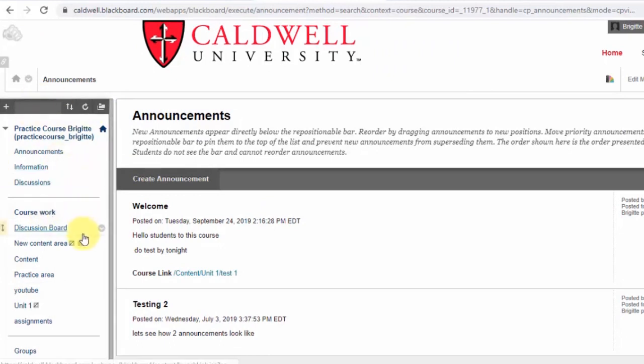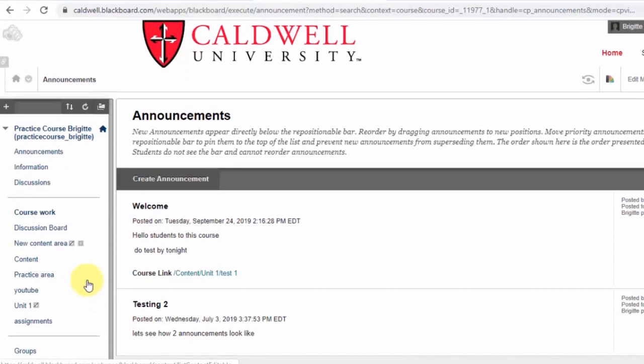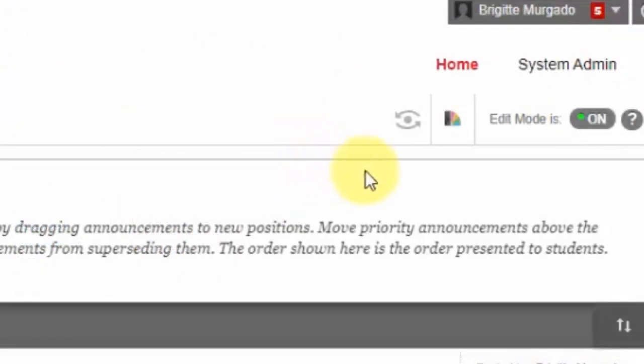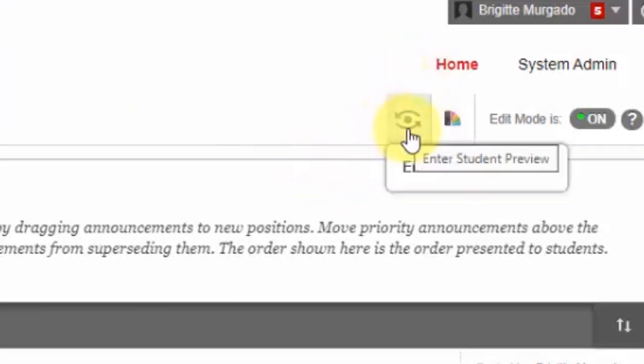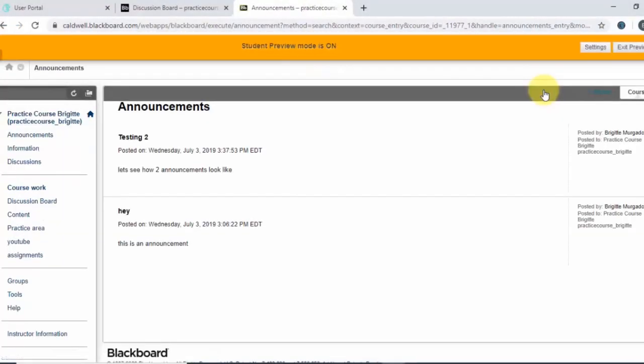And now I just want to show you that once you've done all of that, if you ever want to test out exactly how your students are seeing things, there's this cool feature that we have, and it's the student preview. And you'll find it at the top of the page. It looks like an eyeball to me. So you're going to click on that, and we're entering the student preview. And it's going to have this orange banner here,